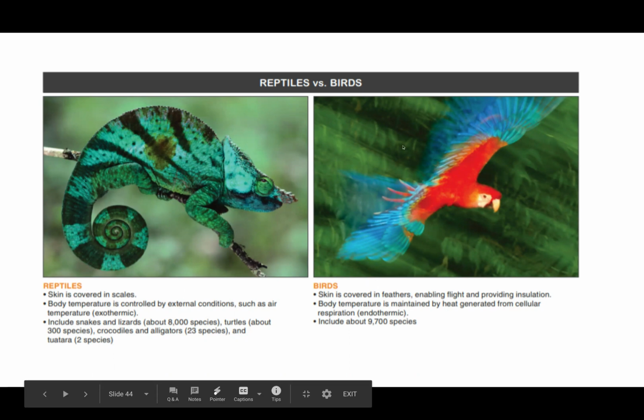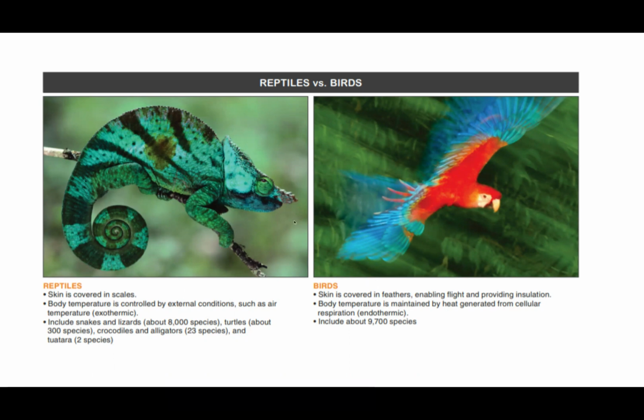That's in contrast to birds, which are the closest relatives to reptiles. Birds also were the closest relatives to dinosaurs. Reptiles are not the closest relative to dinosaurs, it's actually the birds, but I'm sure many of you have probably heard that by now. Birds evolved the capacity for feathers, which is sort of a precursor to hair. And the interesting thing about our birds is they are the first vertebrates to evolve